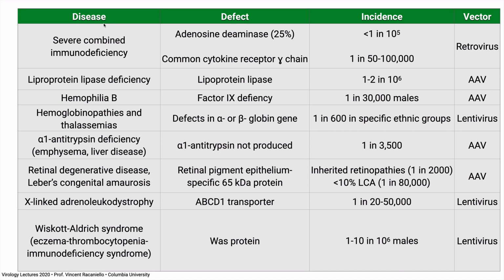And here is a chart which shows you some of these just to give you an idea of the disease, the defect, and the incidence, and how we're treating it with what vector. So I've explained all these vectors to you now. You see AAV and retroviruses are big ones. SCID,